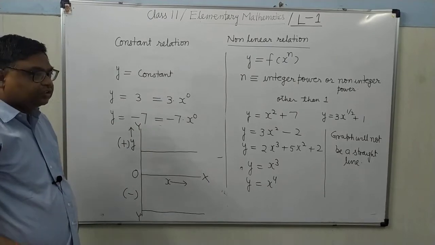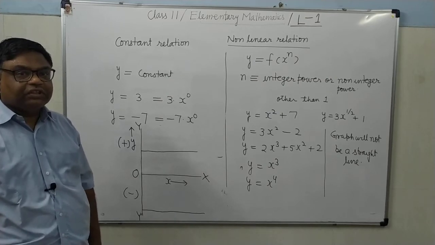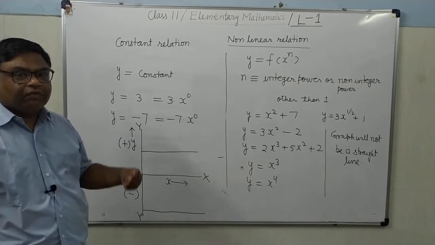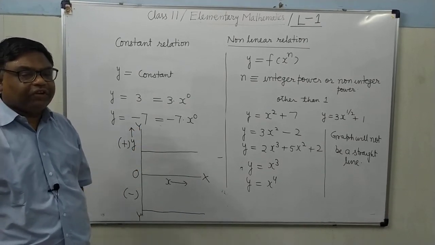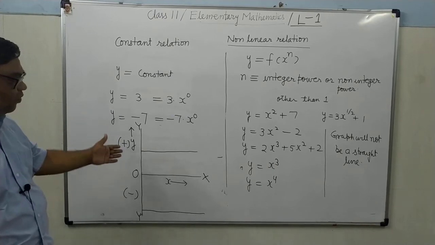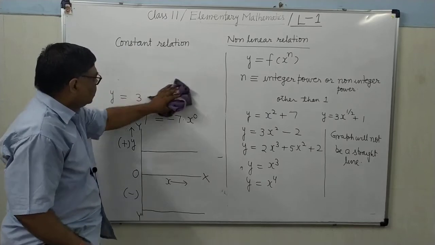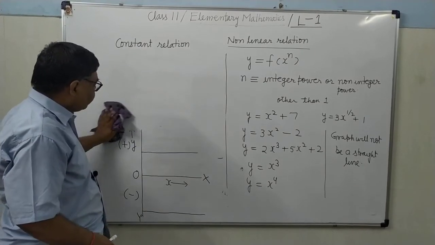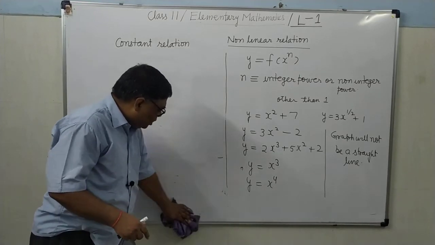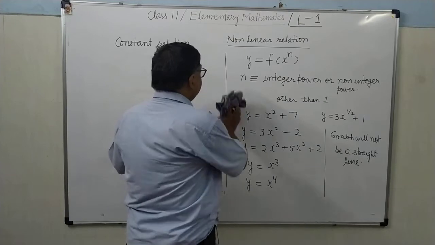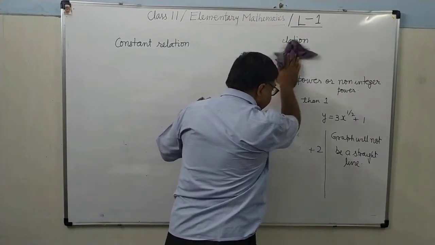Now see here. So this is about the constant function. A constant function is a function which is independent of x. Whatever be the value of x, the value of y will always be fixed. A fixed value will come. Its graph will be like this. So first we will see the graphs of linear relation. As we already know, the graph of a linear relation will be a straight line. And then from that graph, how will you determine the slope? That we will learn.